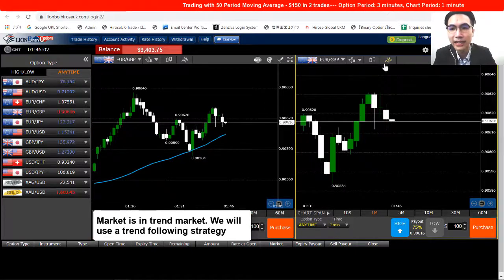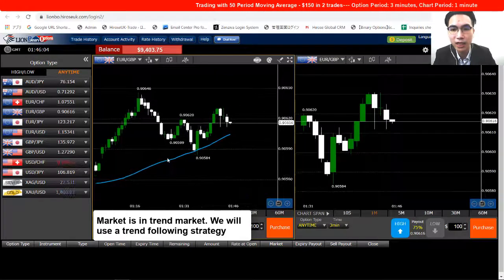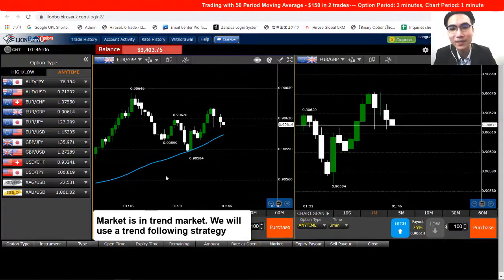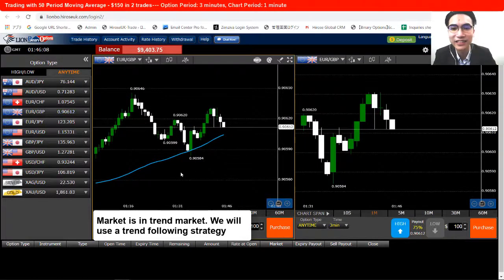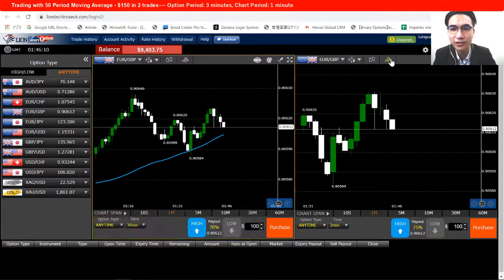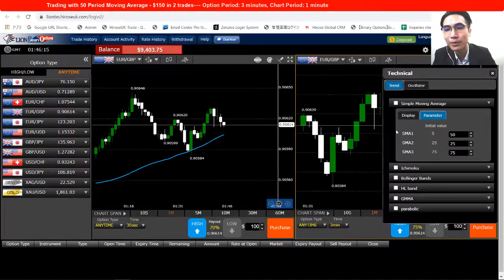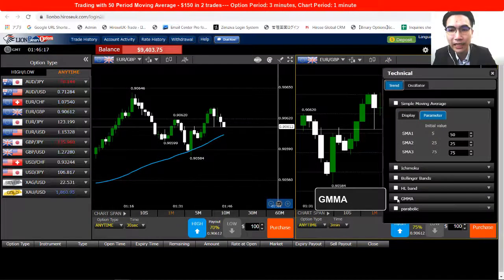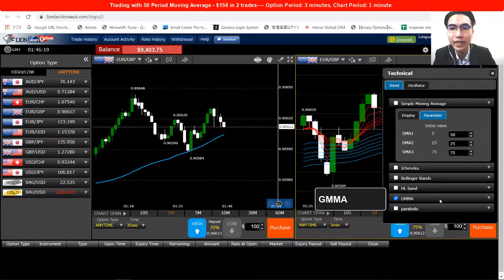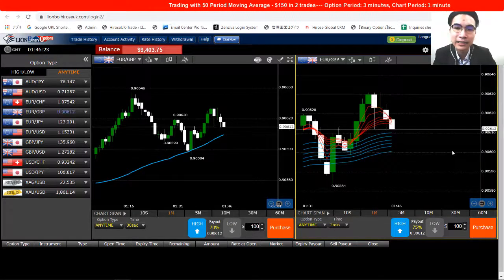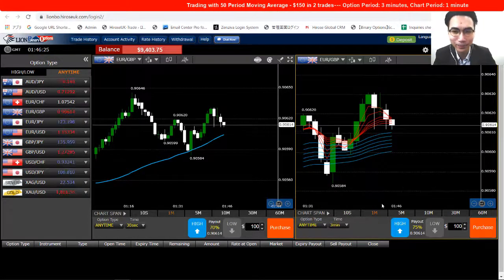uptrend, and then I will use a trend market strategy, which I like the GMMA. So today I'm just gonna use the GMMA strategy. Go to technical indicators on the right, click on that, and then I will select the GMMA, put a tick there, and then we have all set for the indicator. Close it. And next we need to confirm, this is pretty important,